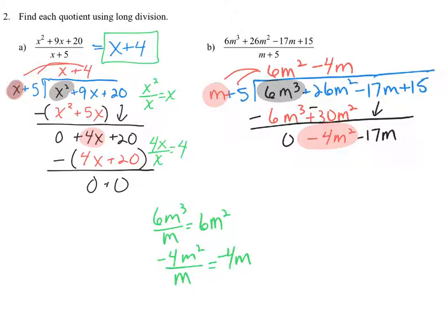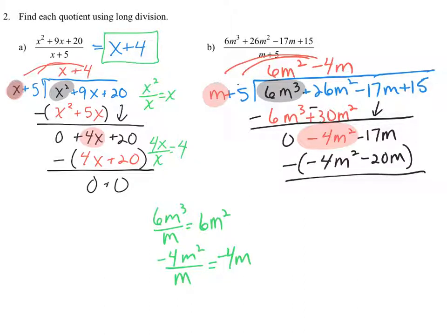Now we're going to multiply the negative 4m by m and by plus 5. When you do that, negative 4m times m is a negative 4m squared, and negative 4m times this plus 5 is a negative 20m. We're going to subtract this entire quantity. So negative 4m minus a negative, that minus a negative becomes a positive, and that we get 0, and then